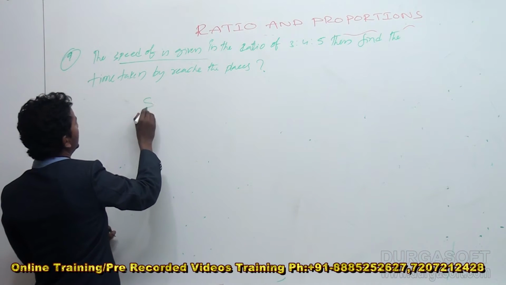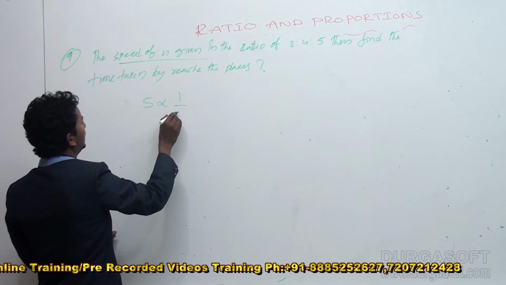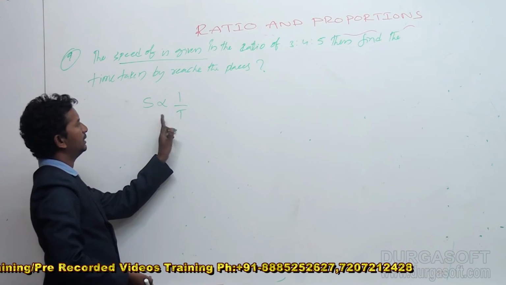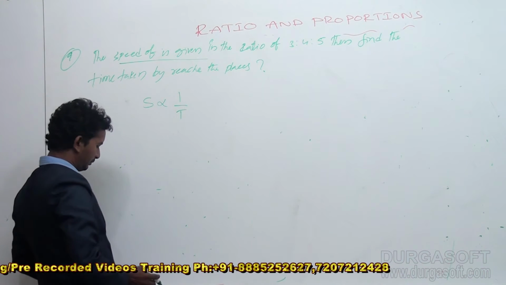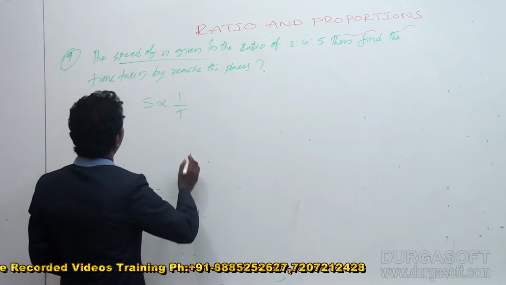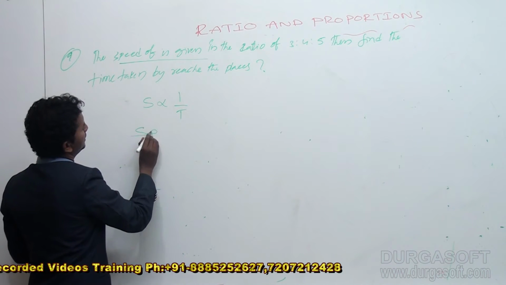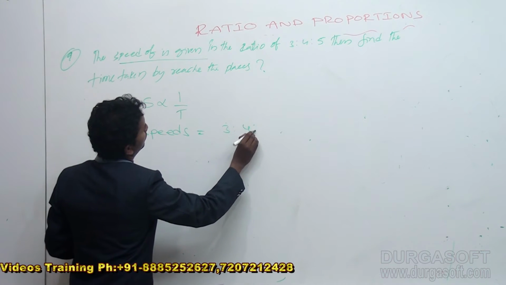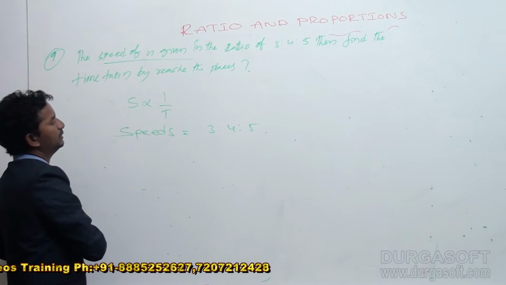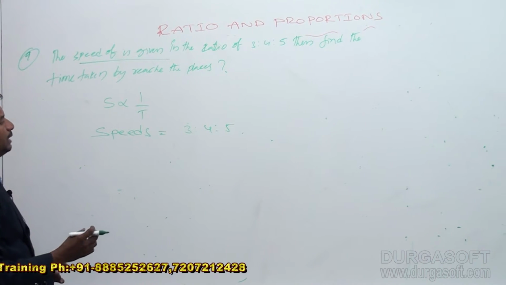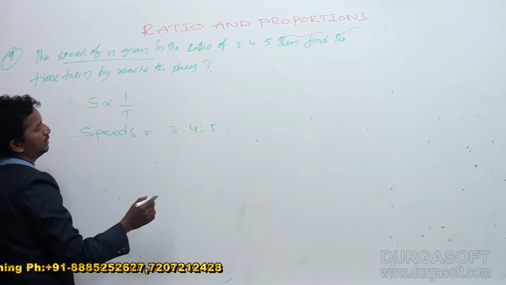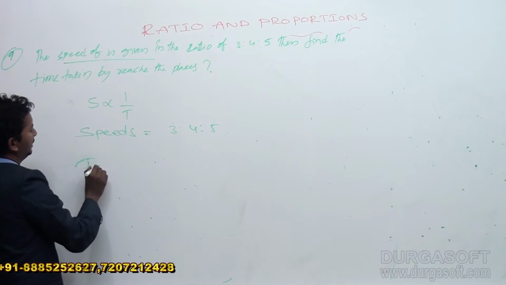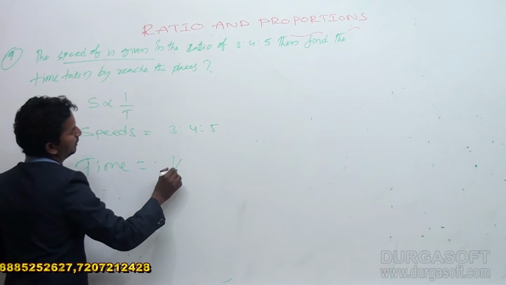Now speed is inversely proportional to time. So when the speed increases, time automatically decreases. When the time decreases, speed also increases. Now speeds are given like this: speeds is equal to 3:4:5. Now what is the time taken here? Time taken is inversely proportional to speed. Now I am taking time is equal to